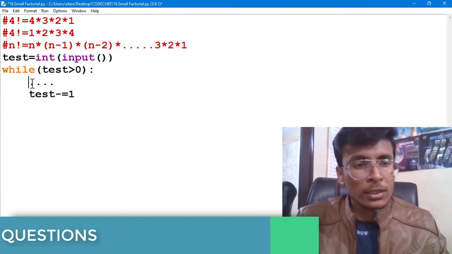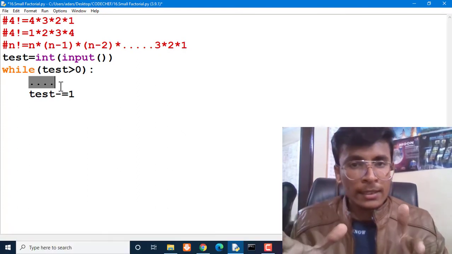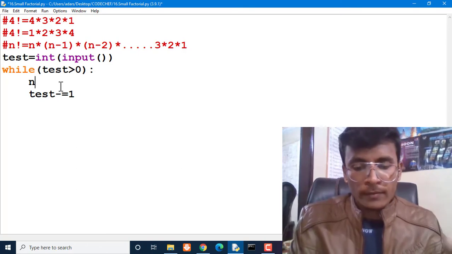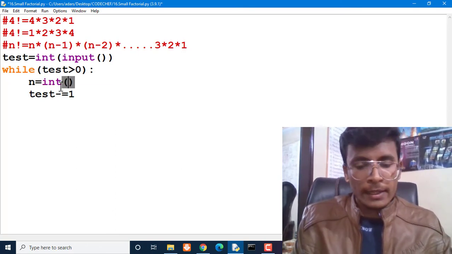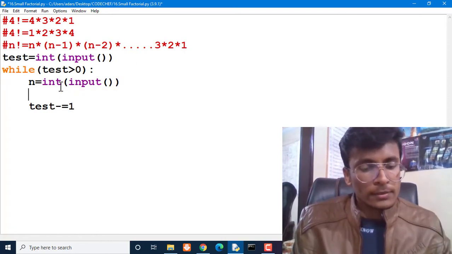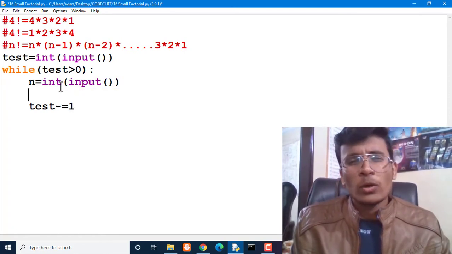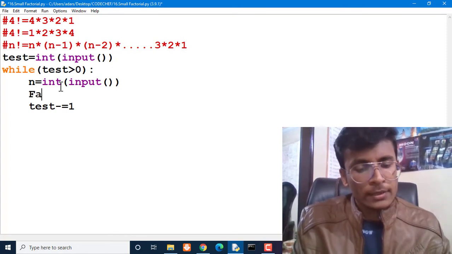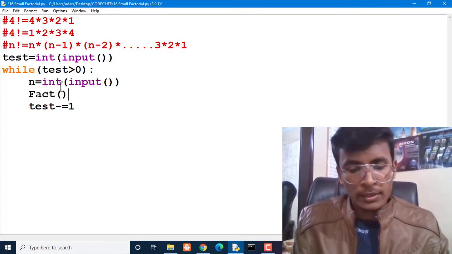So what is that particular task? We are going to get integer n for every test case, and store the value of n as an integer. Then we are going to call one function. We are going to create one function, factorial, and write fact of n.